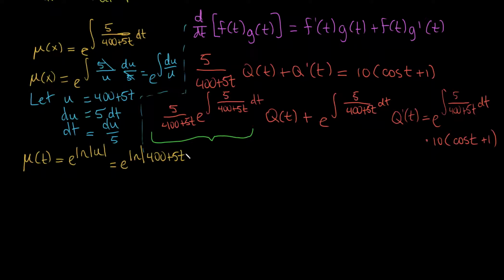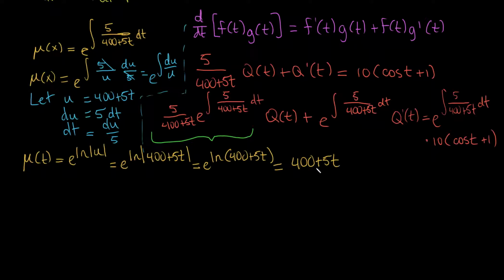5t. And quickly we will notice we don't actually need the absolute value here because t is always positive. Multiplying by 5 doesn't change that. Adding 400 doesn't change that. So this is always going to be a positive value. So this equals e to the natural log, regular parentheses, 400 plus 5t. And of course, e to the natural log of something is just that thing. So we have 400 plus